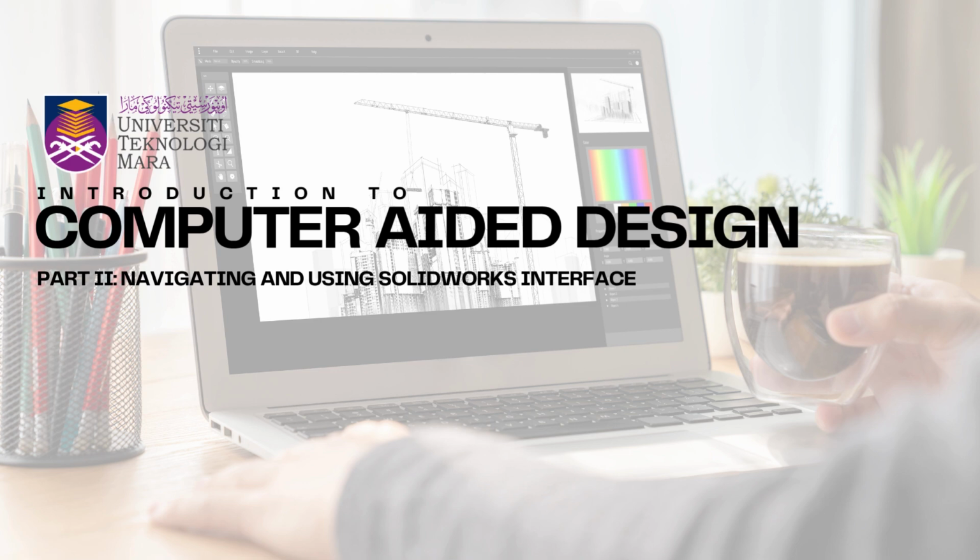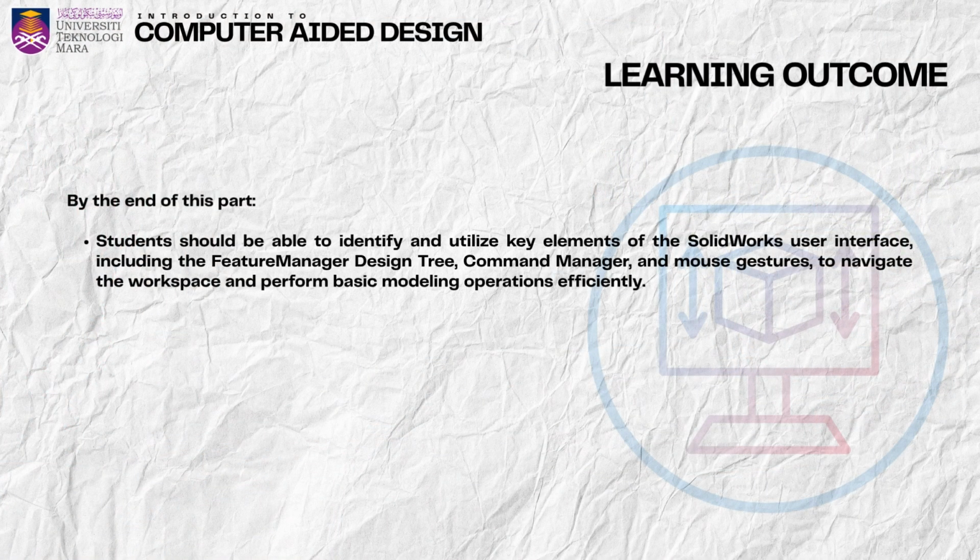We are now moving into Part 2 of this chapter, where we will focus on understanding the SolidWorks interface and how to navigate within it. By the end of this part, students should be able to identify and utilize key elements of the SolidWorks user interface, including the FeatureManager Design Tree, Command Manager, and mouse gestures, to navigate the workspace and perform basic modeling operations